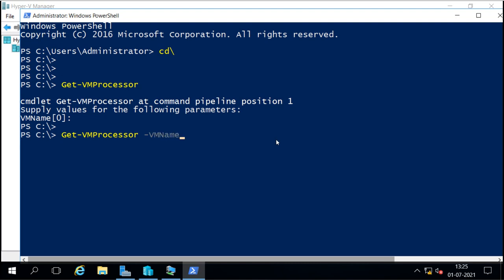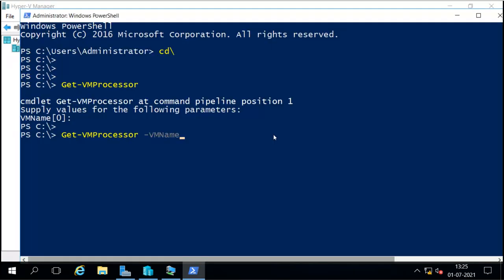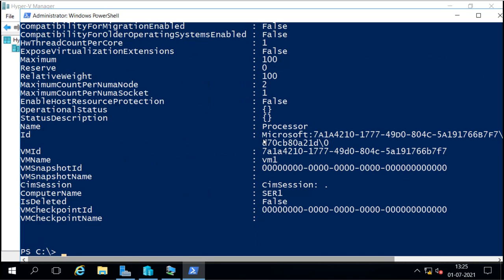VM name is VM1, and we can see this is the processor setting. It is not showing detail, so I will go to full, and this is showing now the full options.